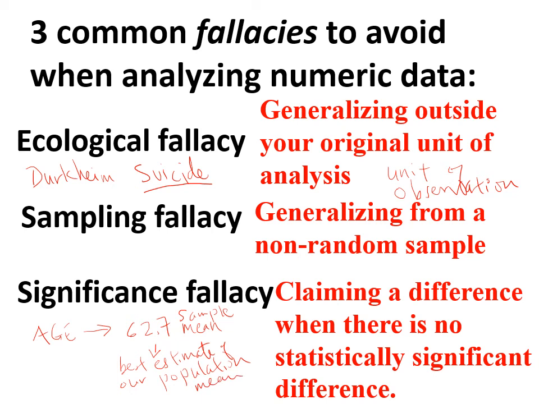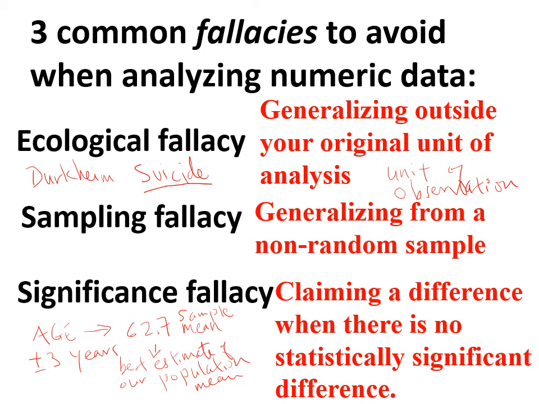But actually, that 62.7 will also then have some margin of error around it. And we haven't gone into calculating that. But it could be that our margin of error is plus or minus 3 years. And what that really means is that our best estimate, this is called a point estimate,